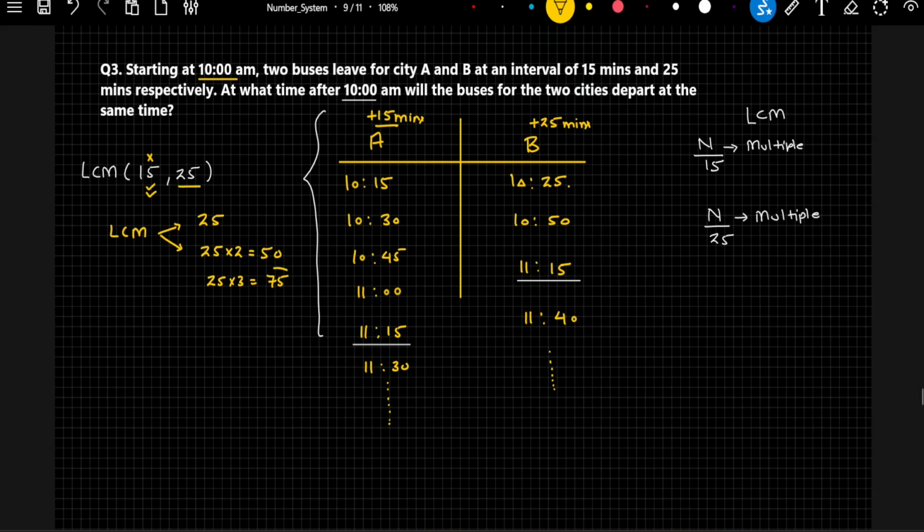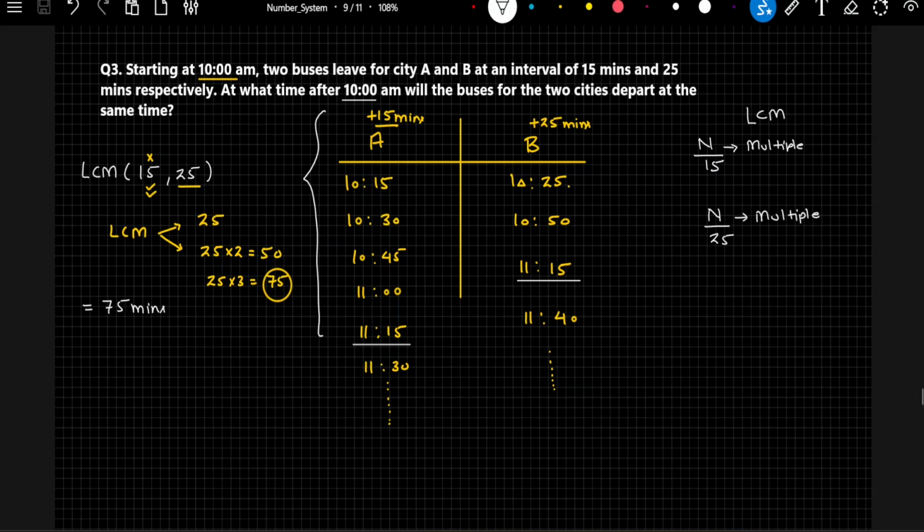It means the LCM of these two numbers must be 75. And since 15 and 25 were time units, the unit was in terms of minutes, so the answer that comes here will also be in the same form. It is 75 minutes. So what we are saying is that if buses leave for two cities every 15 and 25 minutes, then the common time when the buses will again depart for both cities,